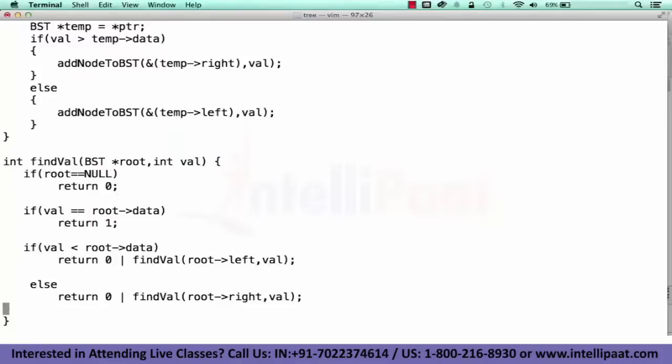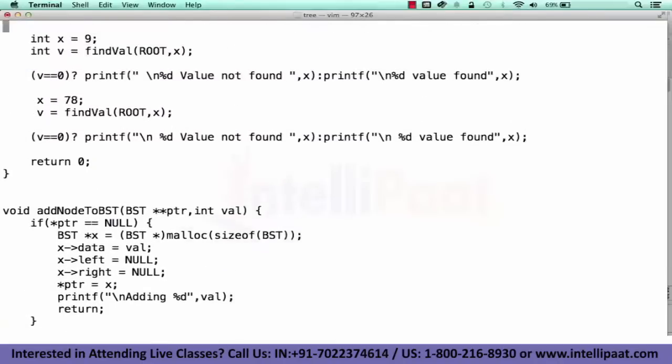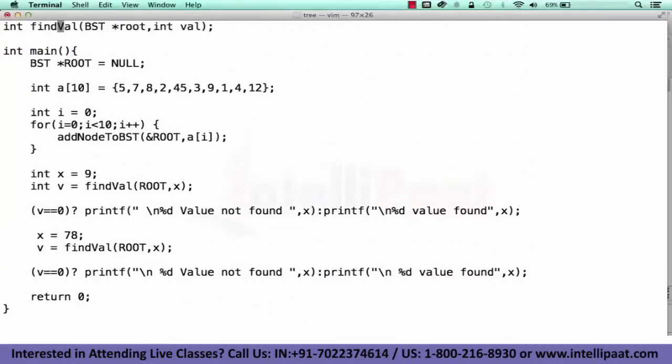Okay. So let's see how we are using this in the main function. In the main function, let's declare one variable, int x equal to 9. Now we are declaring one more variable, say v, and calling the findval function, to see whether findval function is returning any value